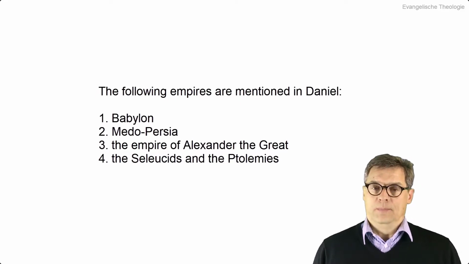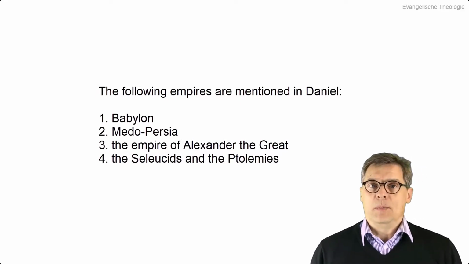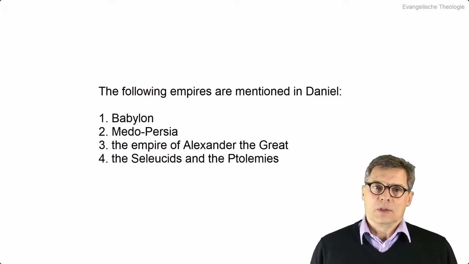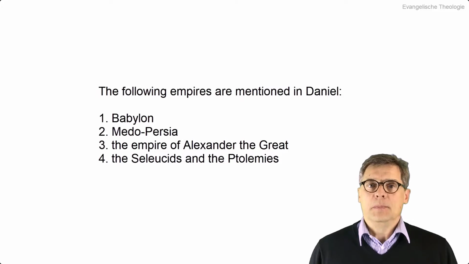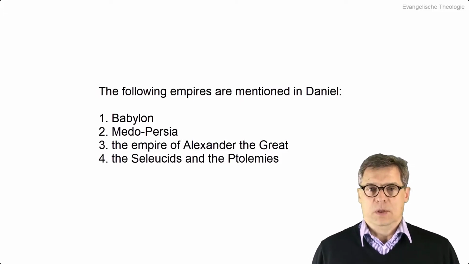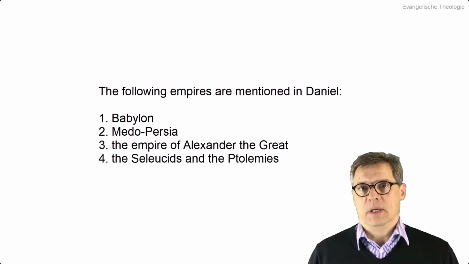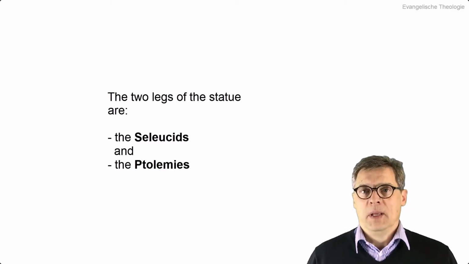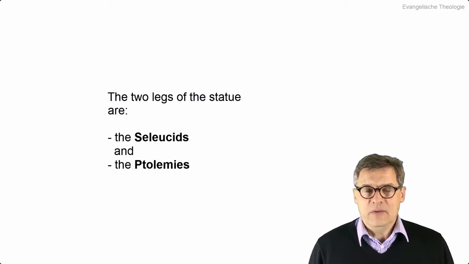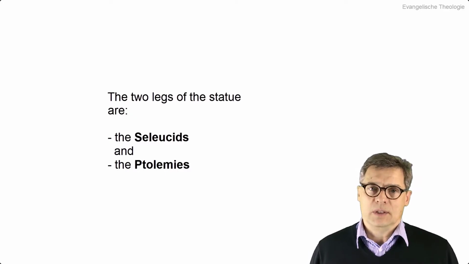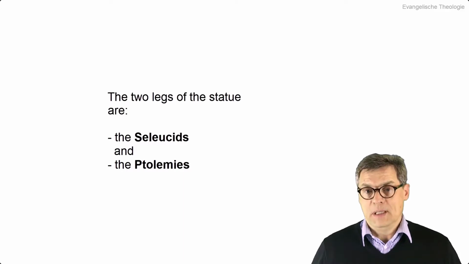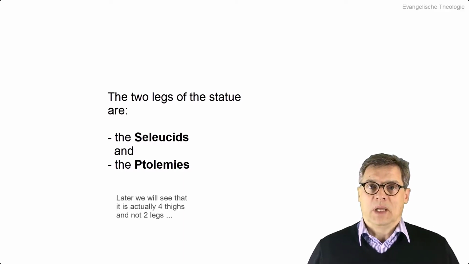So if we come to chapter 11 and see that the Seleucids and the Ptolemies are granted such a large space, a whole chapter, then they cannot be ignored. And that is actually the second reason, and one of more reasons, why we may assume that the two legs, which are made of iron, are the Seleucids and the Ptolemies. God presents these two dynasties, as insignificant as they have been historically seen in world history, as transitional kingdoms between the great Alexander and the great Roman Empire.